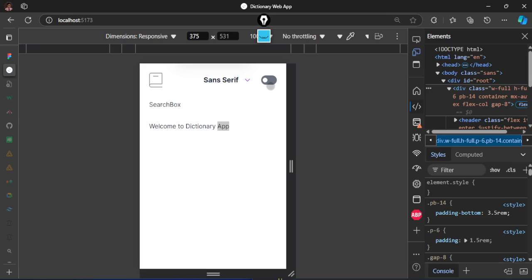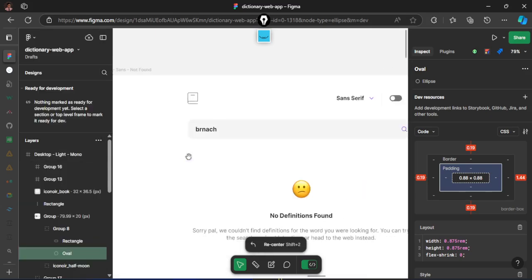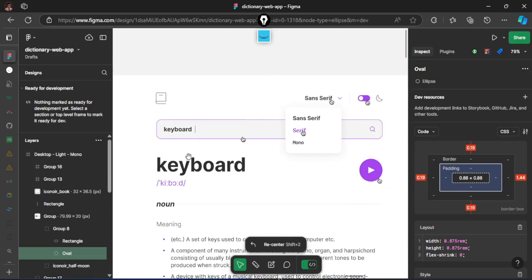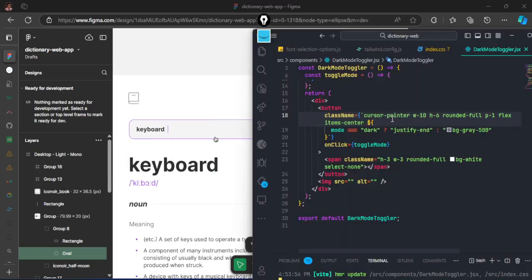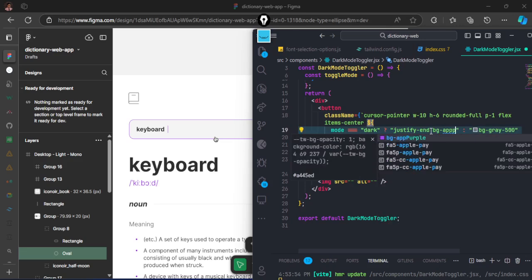So we have this toggler like this, and as you can see, it will keep moving like that. But the color is supposed to change too when we're in dark mode. So this is not the color that's supposed to be the background there. So the color is different. As you can see, the color there is this, our app purple. So when it is this, the BG is going to be app purple like that when it's in dark